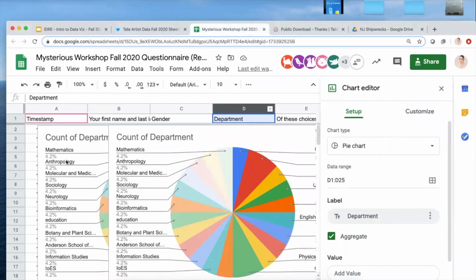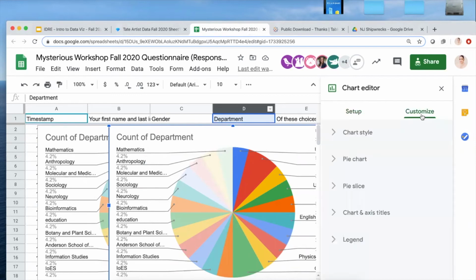So I'm seeing duplicate charts, which means someone didn't make a copy. So you want to make a copy of this sheet in your own Google so that we're not all making charts together in the same sheet. But the idea here is that,